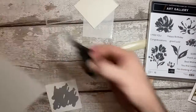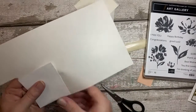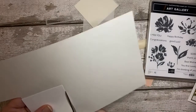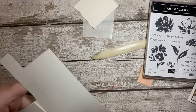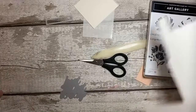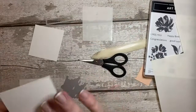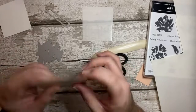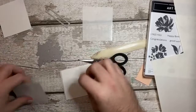So let's do that again. We just need to be aware that when we're doing this, we make sure there's that line down the middle. Well, one side it doesn't really matter, actually. No, I'm just thinking myself, it doesn't really matter on one side. All right, ignore me. I'm going to go back to this one because one side is the back. We just need to make sure I remember that the back side is